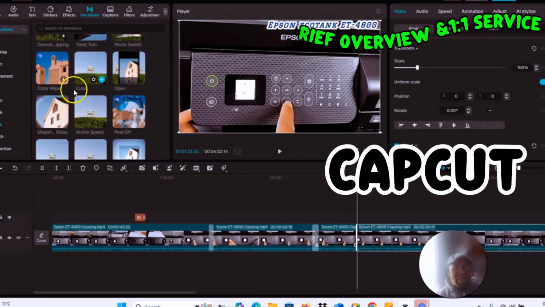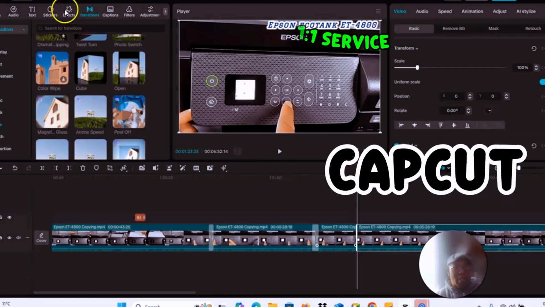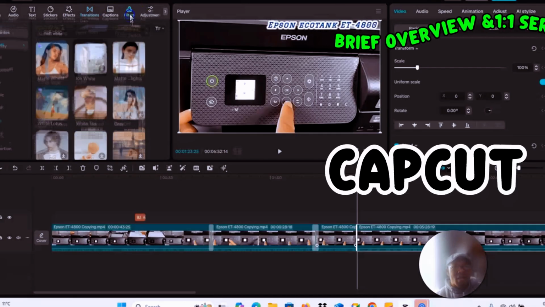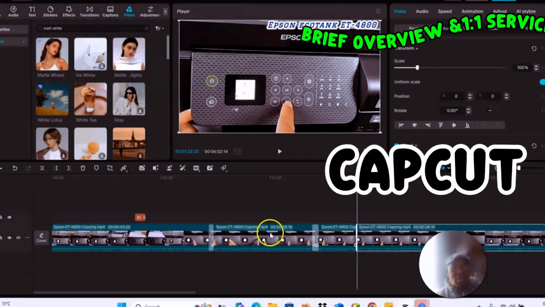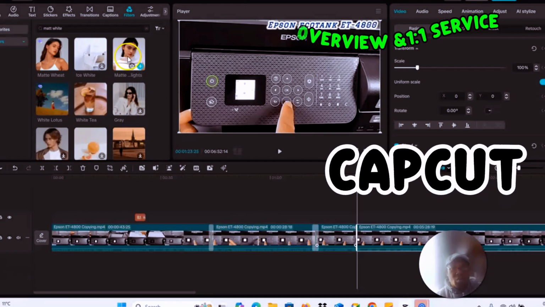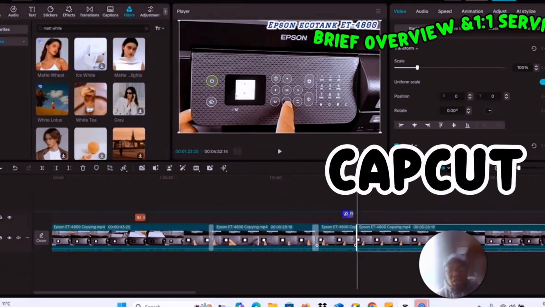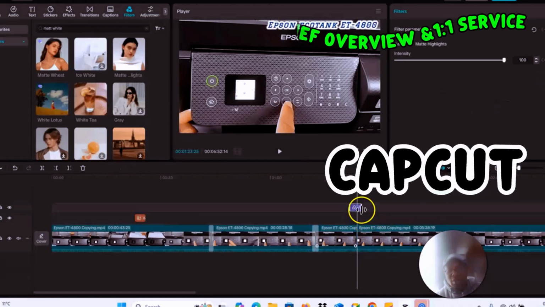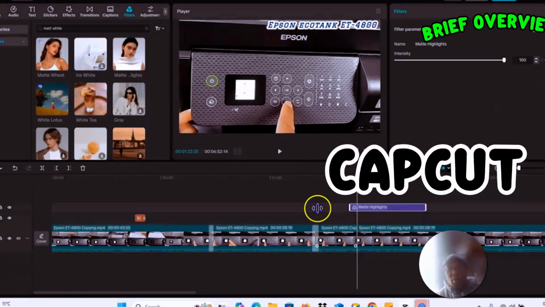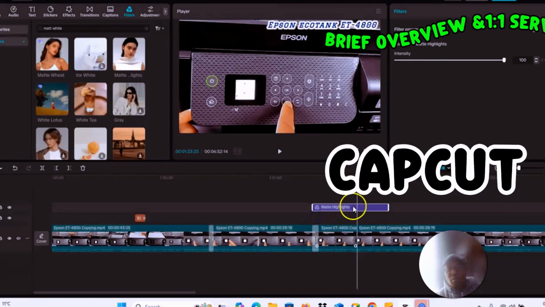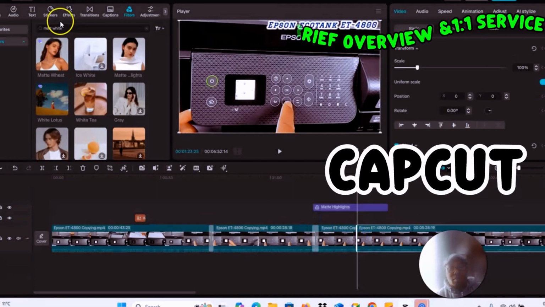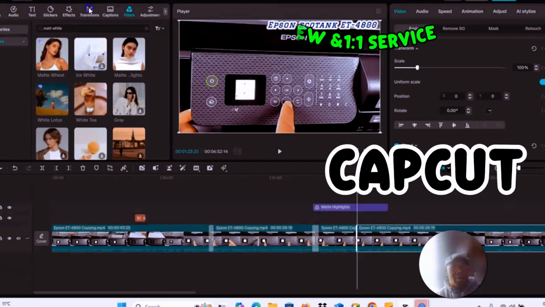But these are transitions. You also have effects, stickers, filters. If you want to put a filter on the video to make it look much nicer, then this matte light, I normally use this filter. So you put it on top of the video, on the top, before you export. If you want to bring another transition,